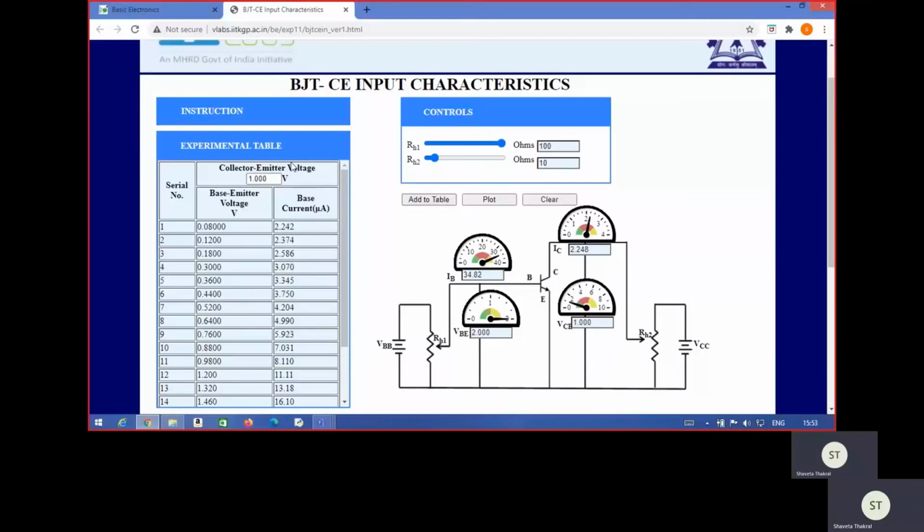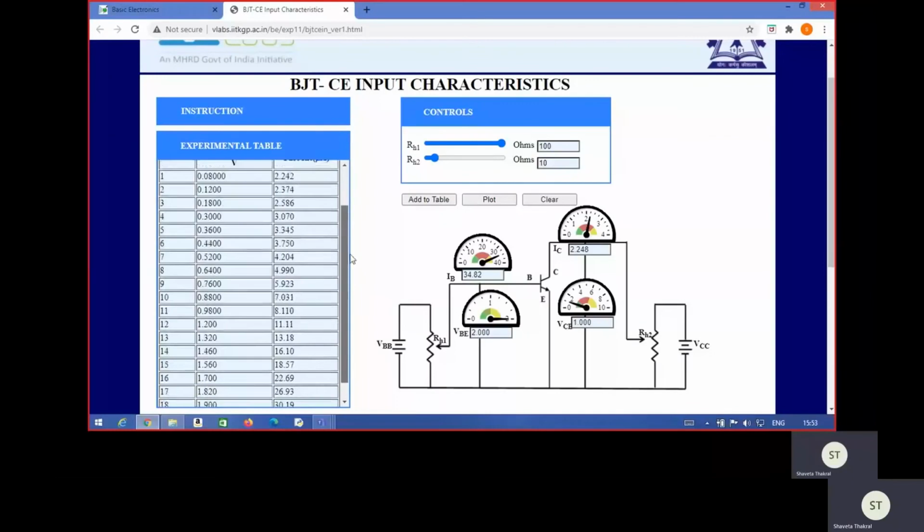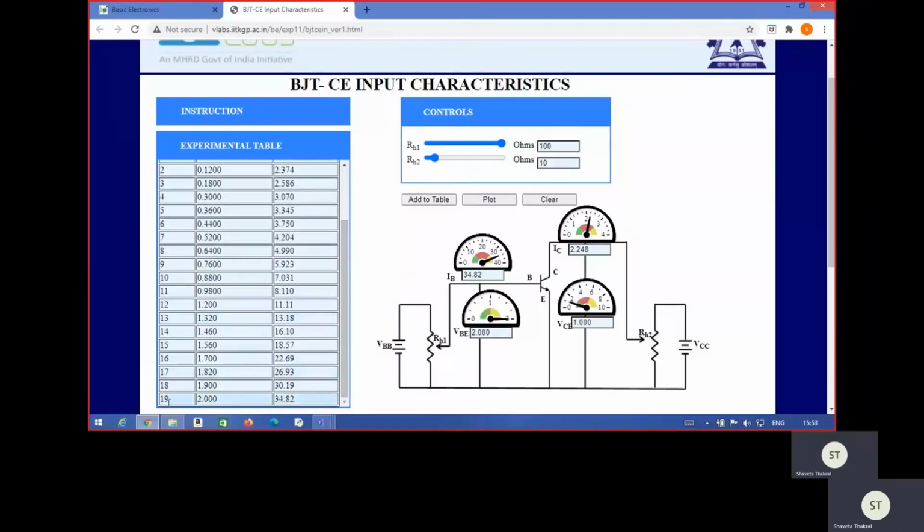And we can see here the complete experimental table is for VCE of 1 volt. So for VCE constant at 1 volt, we varied the value of VBE with the help of rheostat 1 and accordingly IB changed, and the IB variation lies in the range of microamperes. Here we have taken a set of total 19 readings, and based on all these readings in the experimental table, now we can plot the characteristics, between VBE and IB, keeping VCE constant, and this characteristic curve is called the input characteristics curve.